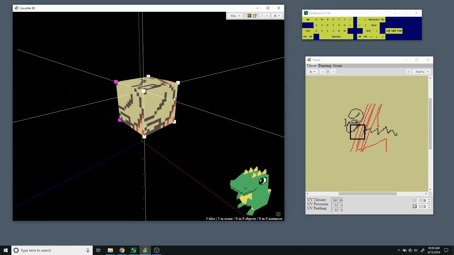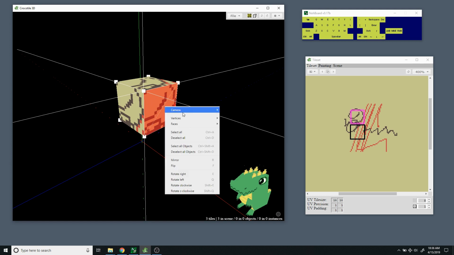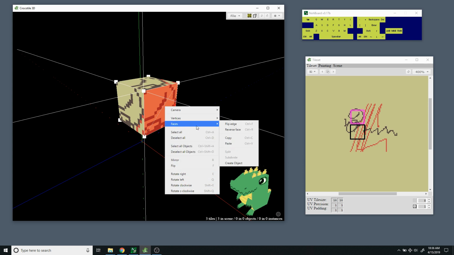Something else that's interesting is if you select a face, you could right click in the 3D scene and you get a bunch of ways of editing things. Like you could select all like we did before. It shows you the shortcut, or deselect. So this is another way of editing things. You could rotate stuff, which I haven't shown you yet, and there's shortcut keys for that. But if you go into faces,